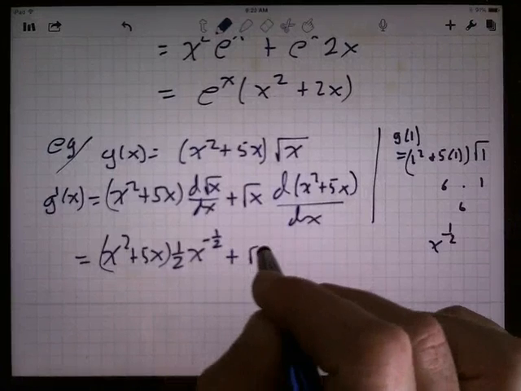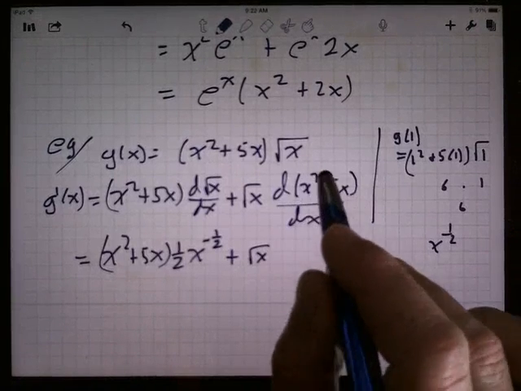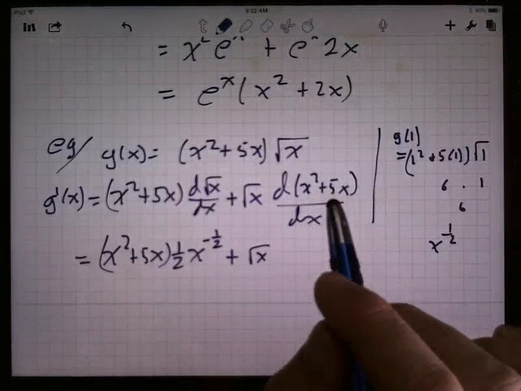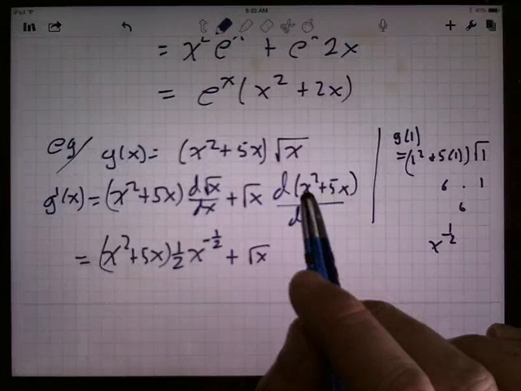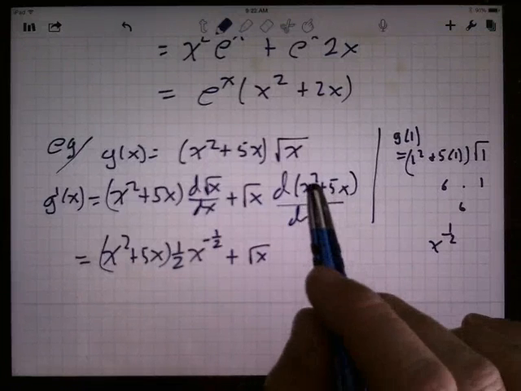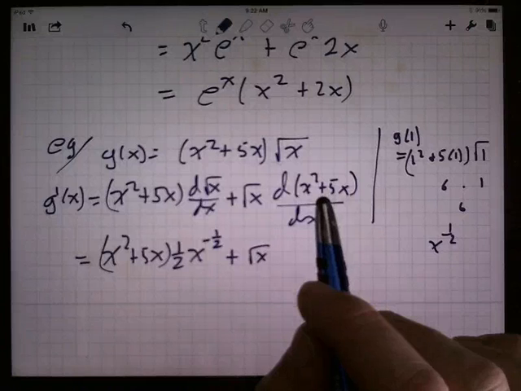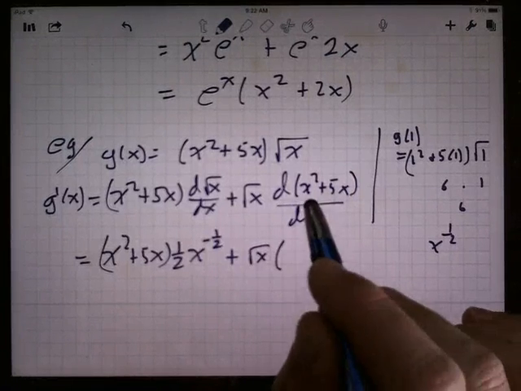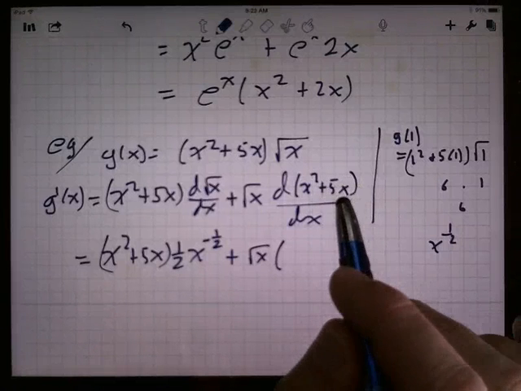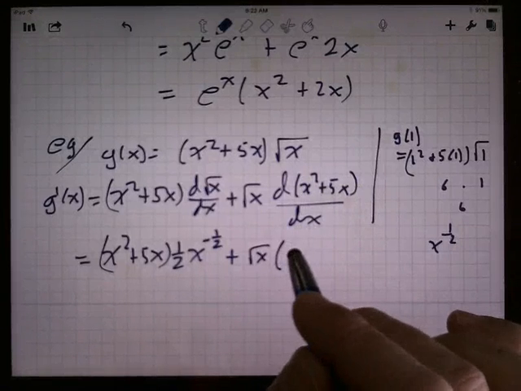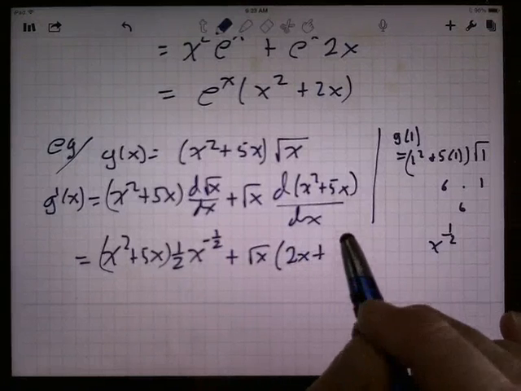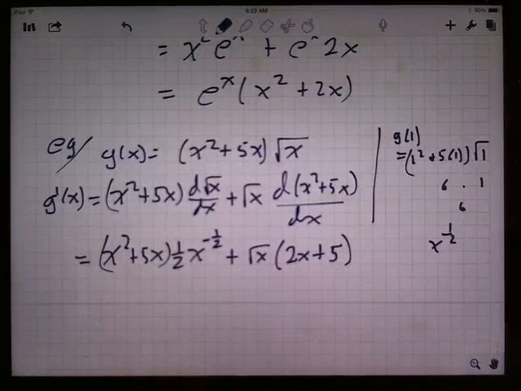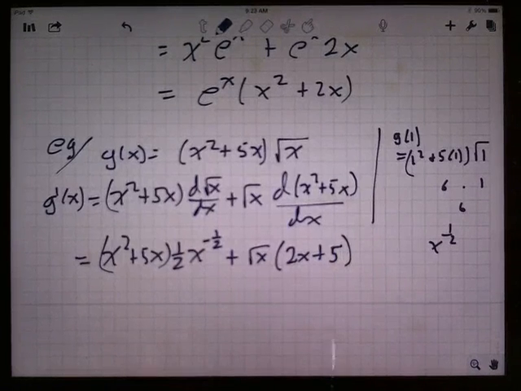And then I've got the square root of x here, and now I need the derivative of this thing. Well, this is a polynomial. It's a sum, right? If I plugged a value in for x here, I'd multiply by 5, I'd square, and then I'd add. This is an addition problem, so the derivative of a sum is the sum of the two derivatives. I just need to take the derivative of this piece and then the derivative of that piece. Well, the derivative of x squared is 2x, and then add on to that the derivative of 5x. Well, that's just 5. And so there we have